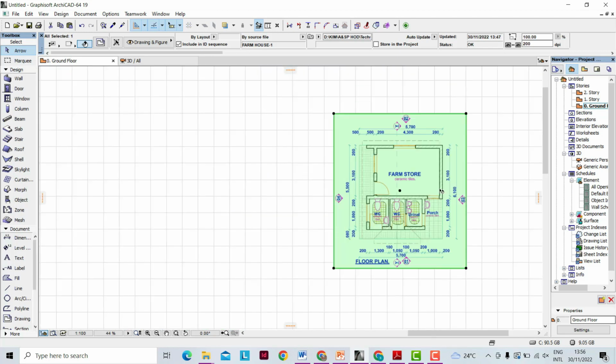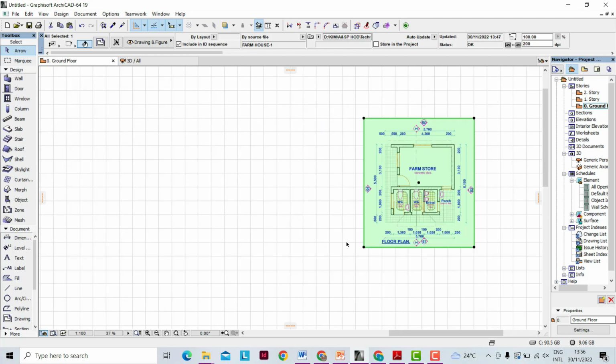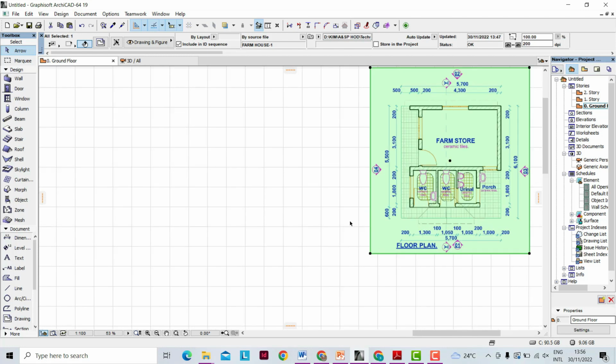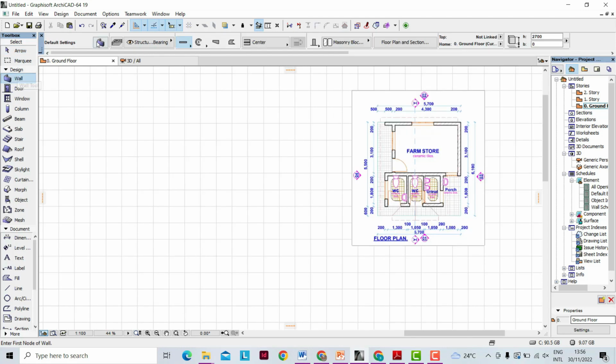And this is the simple farmhouse that we want to draft. So the first thing that we need to do is to define the spaces that are given. That is the farm store, the 2 WCs, the urinal, and of course the porch, and then we will put the other details. So for us to be able to define the space, we will select the wall icon,